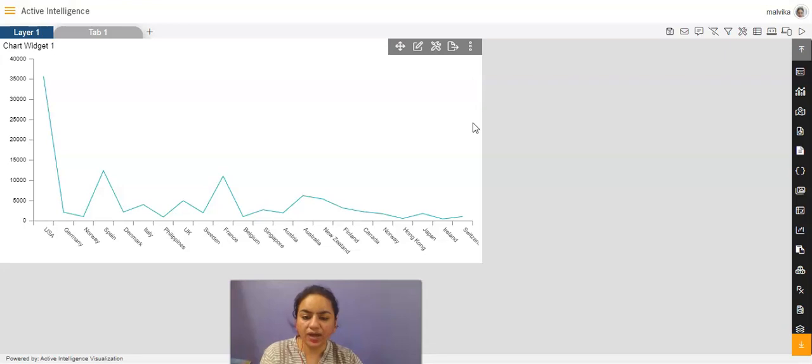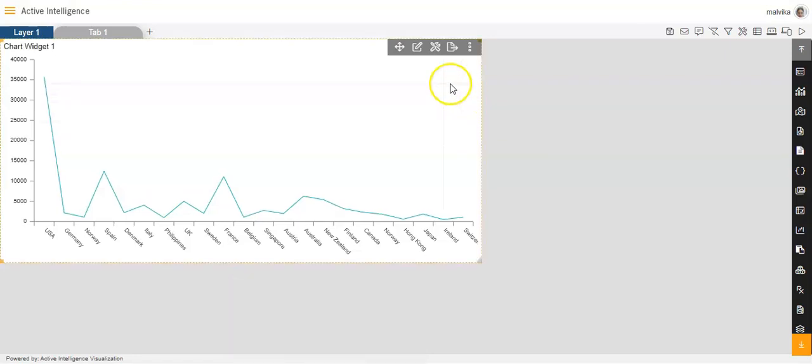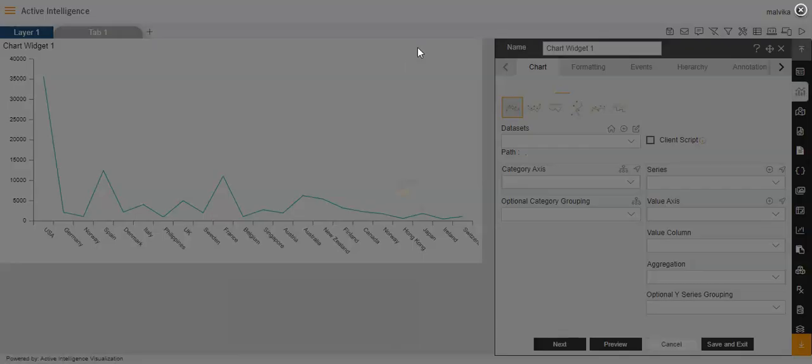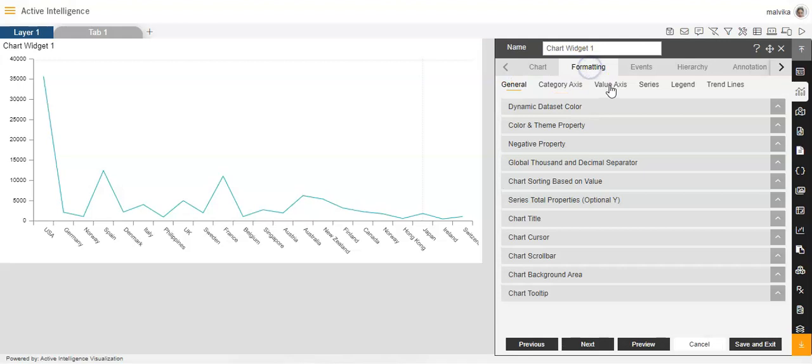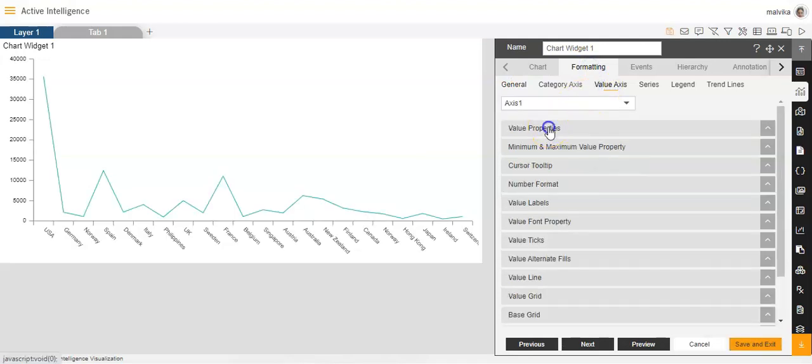In my today's video, I'll be giving you the demo of how we can format the value axis in a line chart. So let's get started. For formatting the value axis in a line chart, we'll first of all go to the edit menu of the chart, go to formatting, and go to value axis,